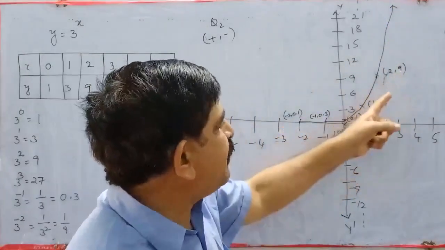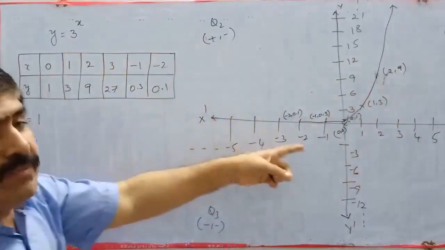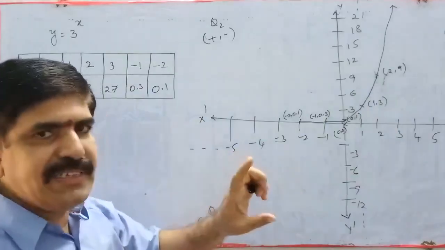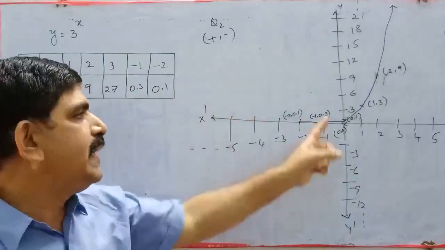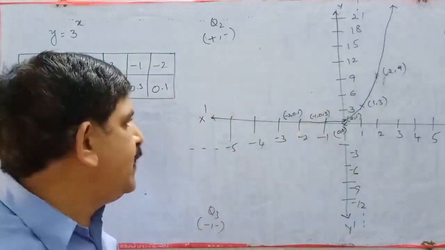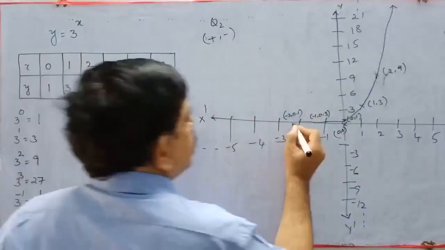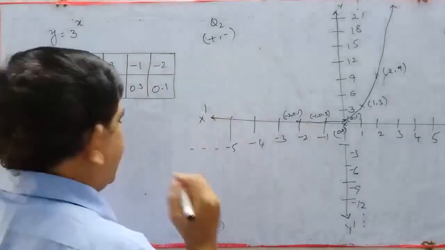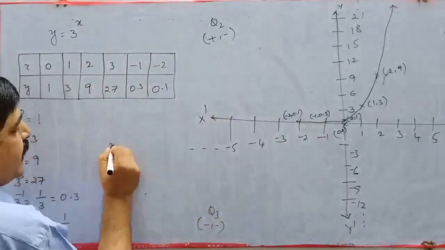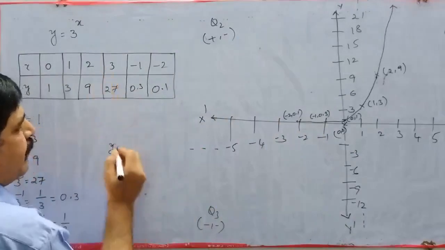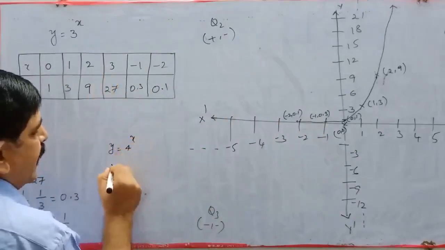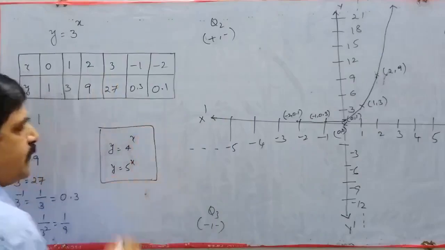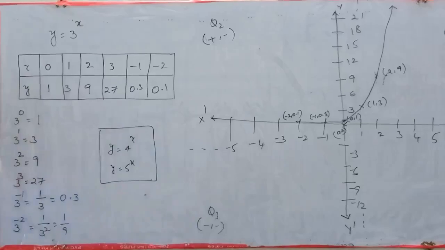Okay. This graph, y is equal to 3 power x, or y is equal to 2 power x, or y is equal to 4 power x, whatever it may be. If the graph is in the form of y is equal to a to the power of x, it never touches the x-axis. Okay. Right. Now using this, you try to do y is equal to 4 to the power of x, and y is equal to 5 to the power of x. You do these two problems as homework.